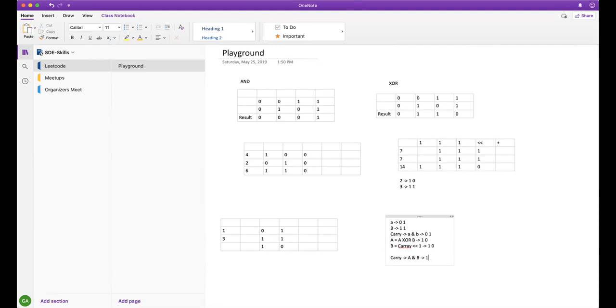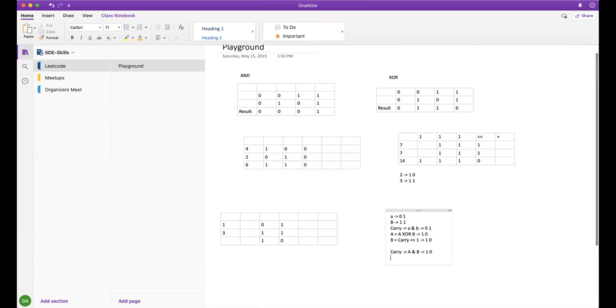Now A and B, if we take, then it's 1 0. What is A and B? A and B, or A's or B? A and B, it should be 1 0 with 1 0, it will be 0 0. Yeah, it will become 0 0.